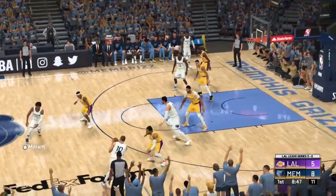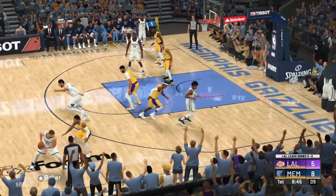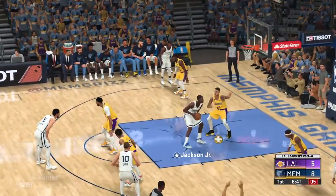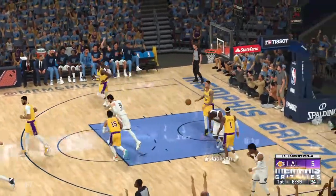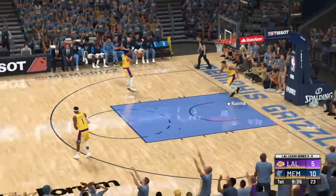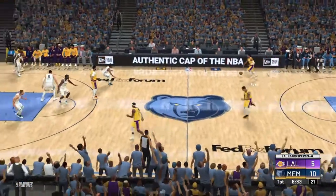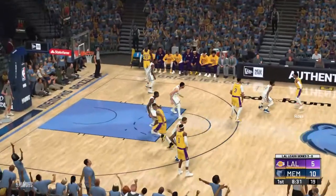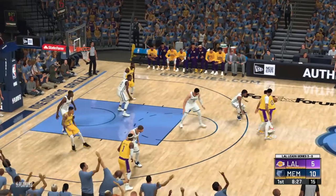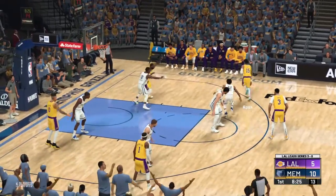And here's Morant. He has 6. Baker passes to Cannon. To the paint. Here's Jackson. Laid in with a nice touch off the glass. You can learn a lot by watching him operate in the offense. Lakers trail by 5. And here in the first quarter, with a little over 3.5 minutes played,